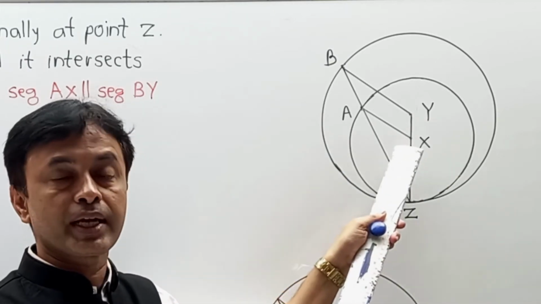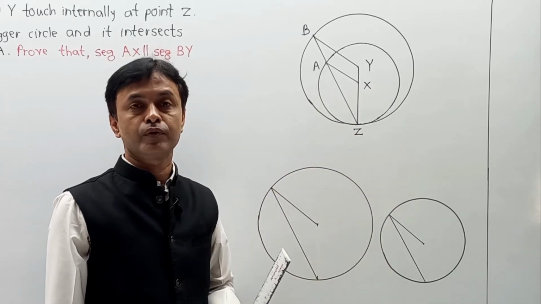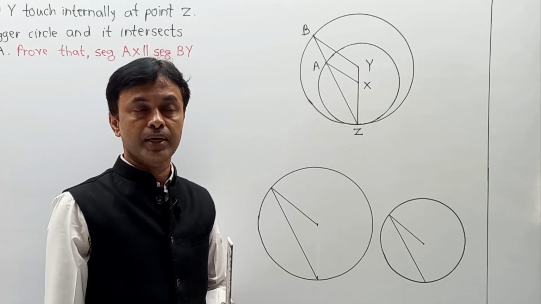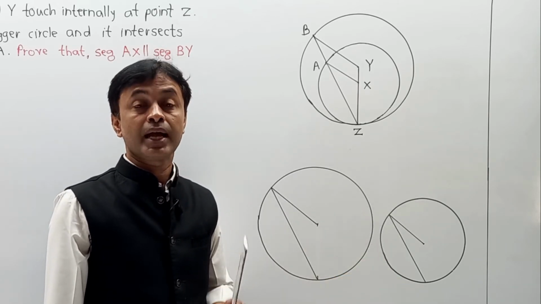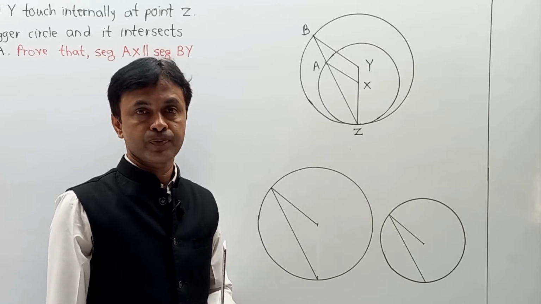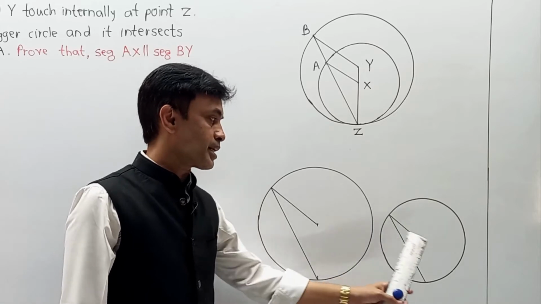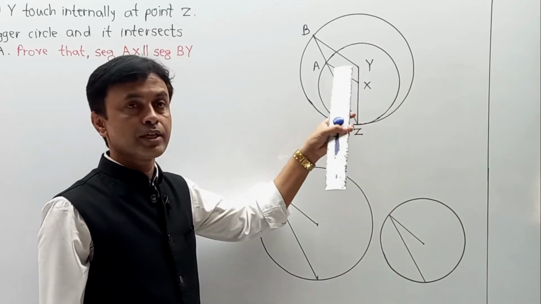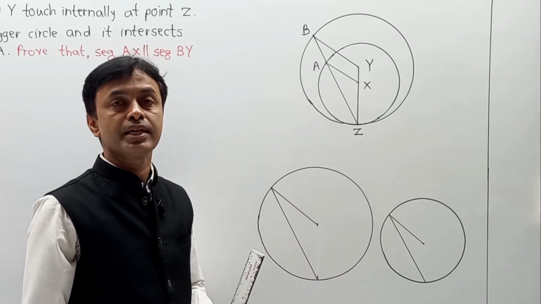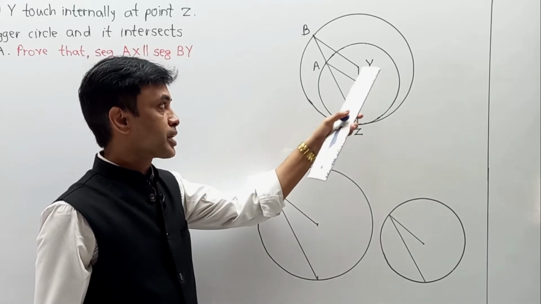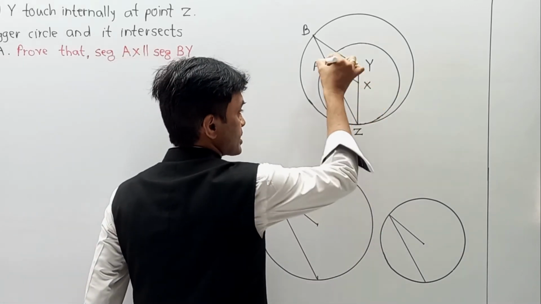And again, for better understanding of how to prove, I have drawn two additional diagrams in front of you so that you can easily understand. Remember, these diagrams are just supplementary diagrams to understand the proof. Let us say there are two circles, one is a larger circle, the second is a smaller circle. In short, I have separated these two circles so that you can easily understand. First, having a circle with center X, so here as per your diagram, XAZ.